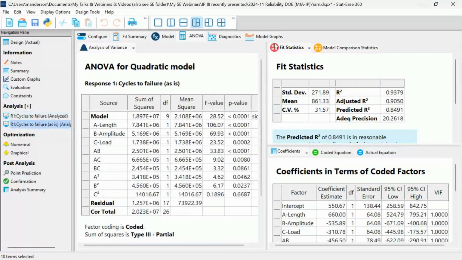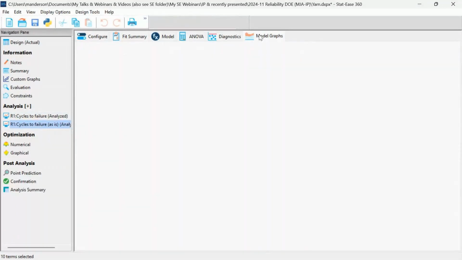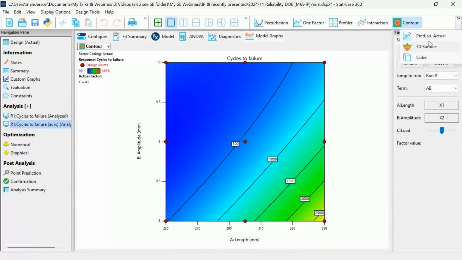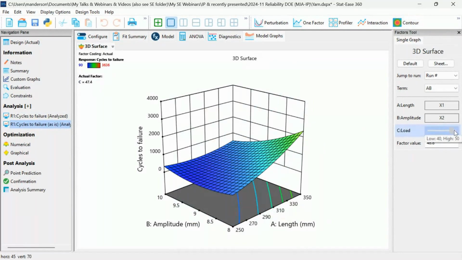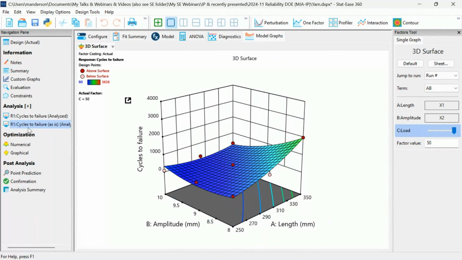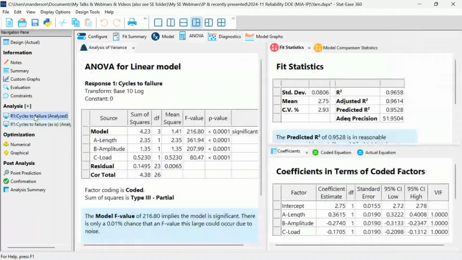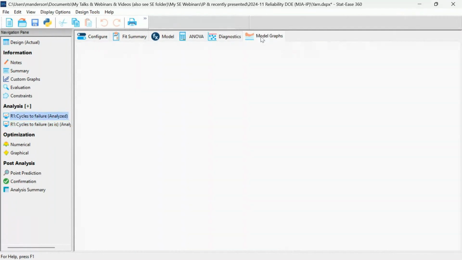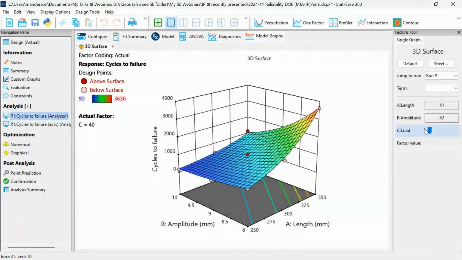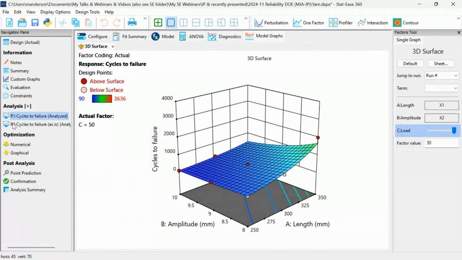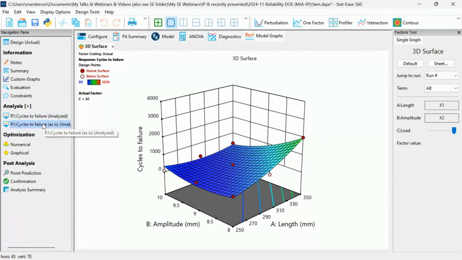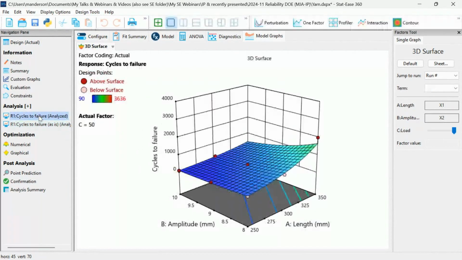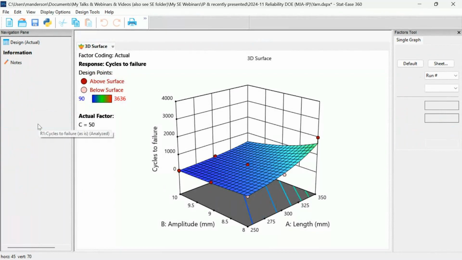if we look at the actual surface graph, let's say in 3D surface, and let's say we look at the high load level, it's kind of the worst case scenario, and we do the same thing with the same model, but in log scale, and look at that in 3D and move the load up to the upper end. And then look at the two fits as is and in log. And I think it's kind of debatable which model would be better.